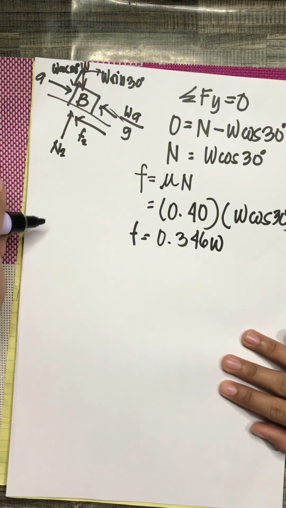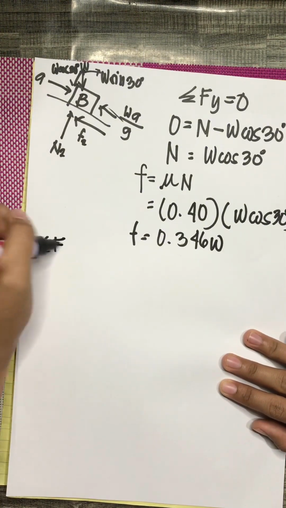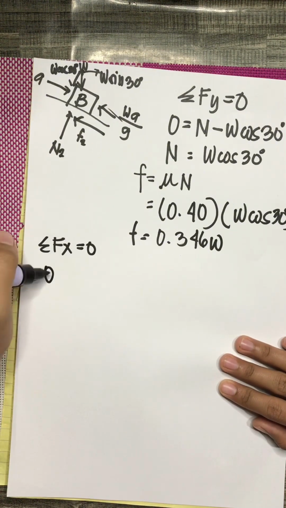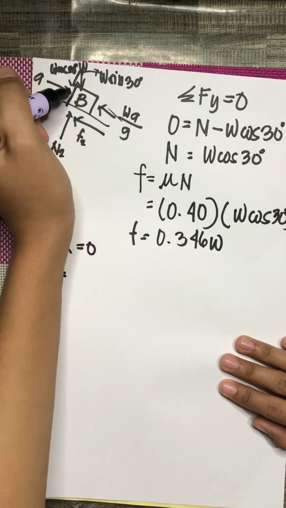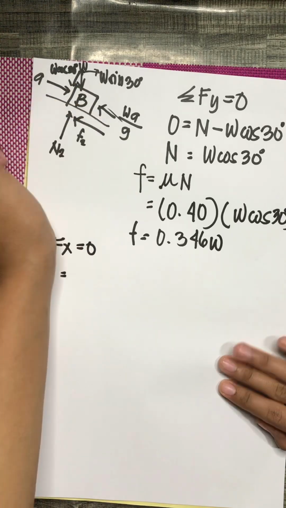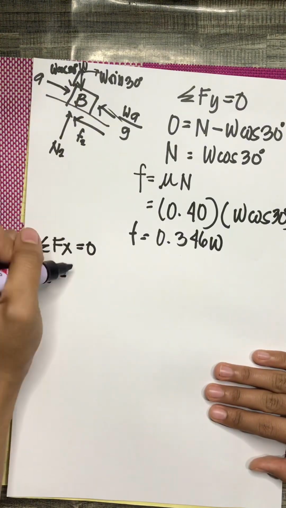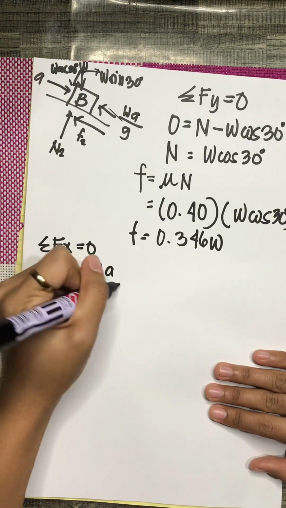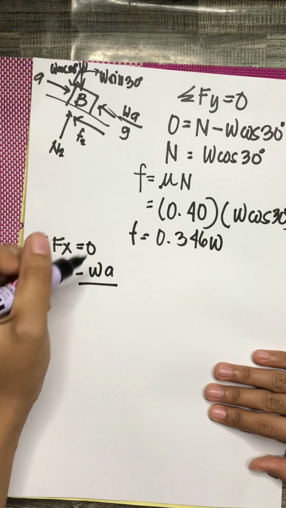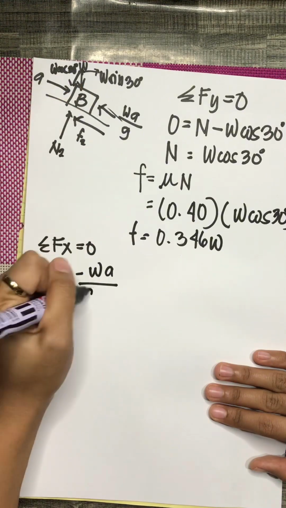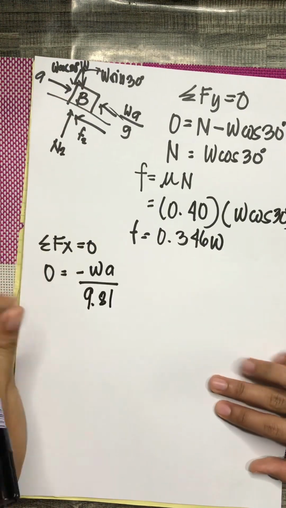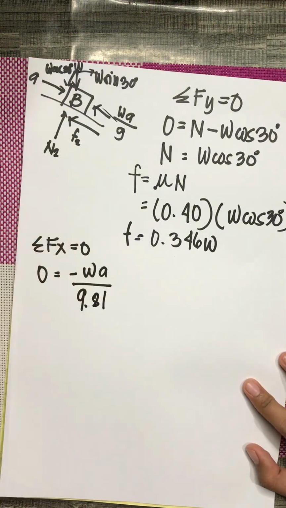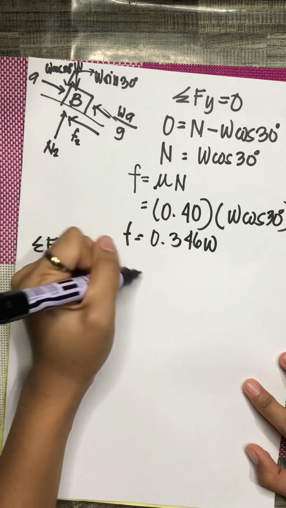So summation of Fx equals 0. 0 equals, negative, because it is going to the left, so negative W a over g, where gravity equals 9.81. Then the friction is also going to the left, also negative,